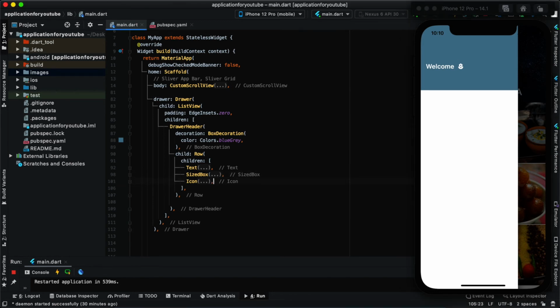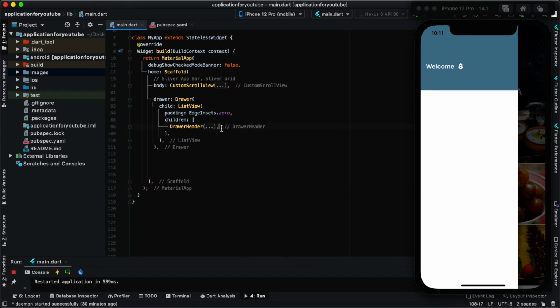Okay, so this was my row for your drawer header, and the next thing I'll do is a list child in which two tiles will be there, and then we have a container in which we'll have a row where all the icons will be present. So I'll just close this drawer header, and the next thing I have is this list tile.